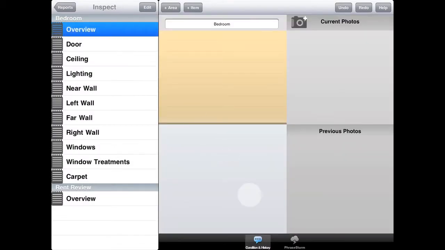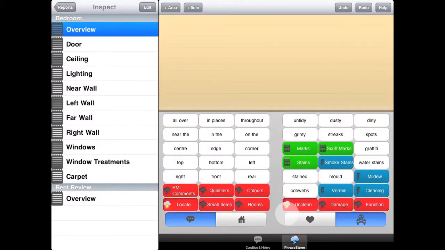Tapping on the PhraseStorm tab brings you to one of the most powerful inspection techniques available for property inspectors. Phrasing in Pocket Reporter has for 10 years provided significant time savings for property inspectors recording the condition of properties. PhraseStorm is the first major evolution of the Pocket Reporter phrasing system and provides a better breakdown structure called clouds